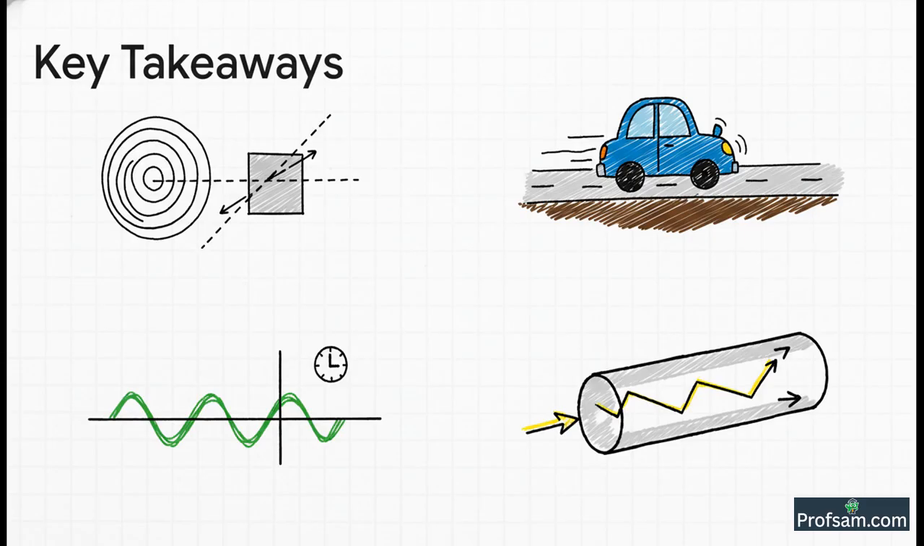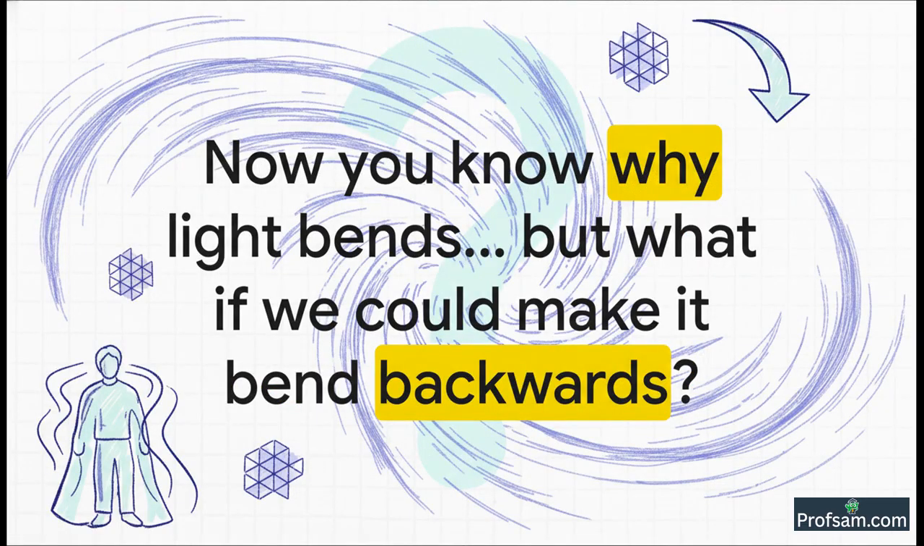3, and this is a very common exam question, when light refracts, its speed and wavelength change, but its frequency, that stays constant. And finally, number 4, this same principle also explains amazing things like total internal reflection, which is the secret behind how fiber optics work. So today we learned why light bends, but let me leave you with one final question